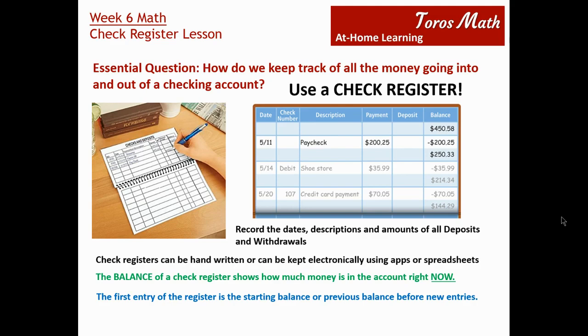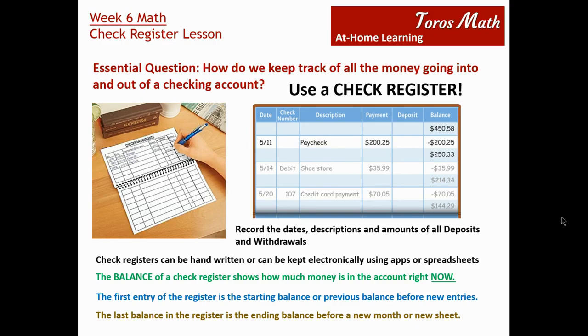So this starting balance is $450.58. That's going to be your starting balance. It's either coming from the previous month or you're starting a new register because you ran out of space on the old one, so you're going to transfer the information over. And the last balance in the register is what we call the ending balance. And the ending balance on this one is going to be